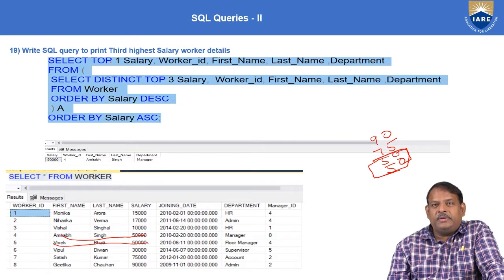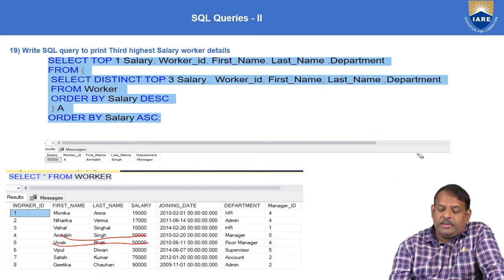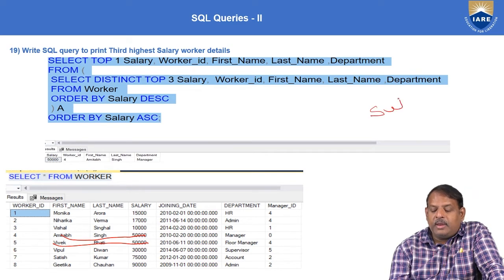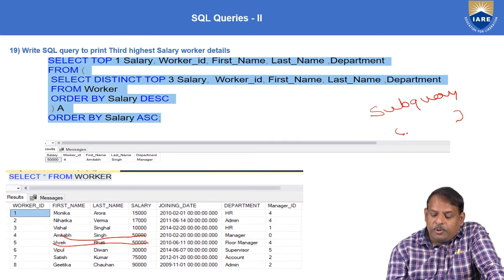Now first let us write. This query involves subqueries. What is a subquery? A query inside a query is a subquery, and the inner query will be in the form of brackets. And the output of this inner query will be given to the main query. So it is like this: